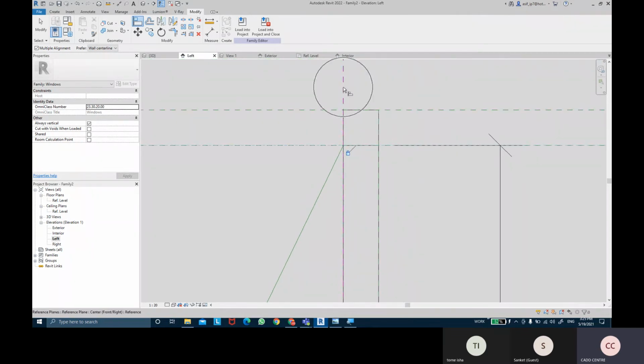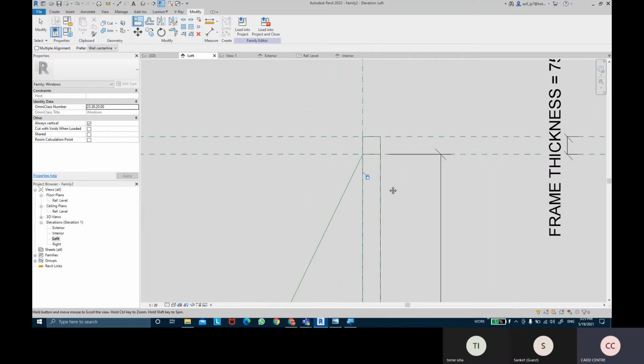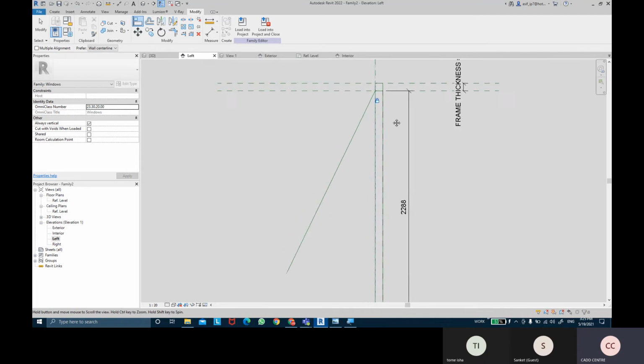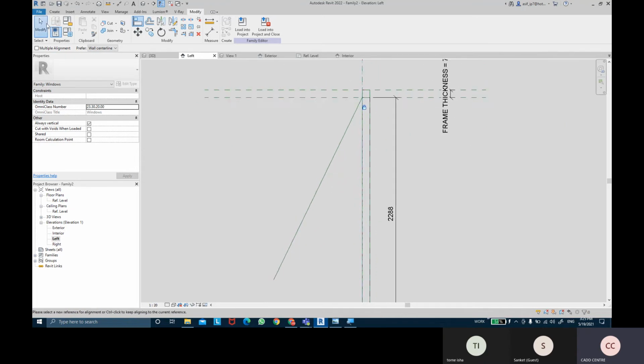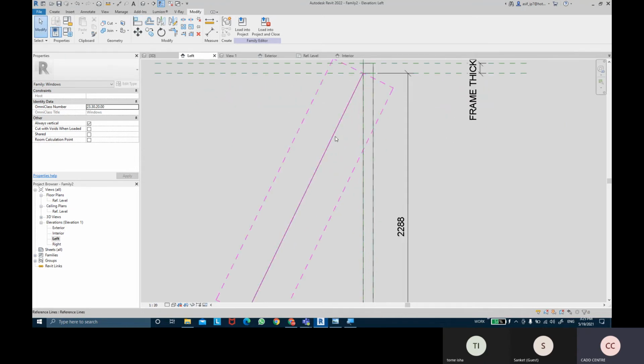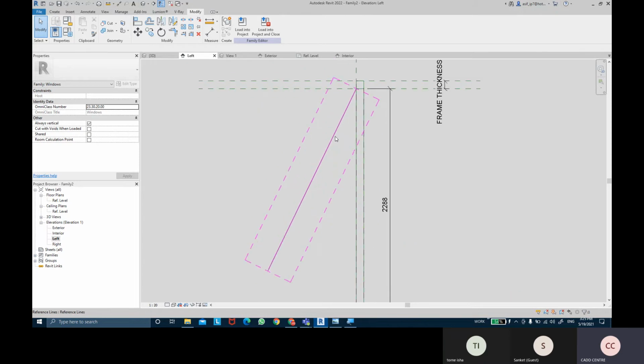Similarly for this vertical reference plane, just keep the cursor on that line and press tab until you get the point. Once you get the point, click on it and then lock the plane. Okay, and we have locked the reference plane, or the reference line actually.